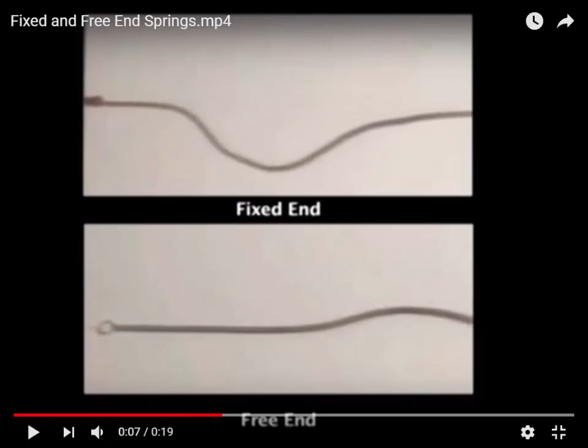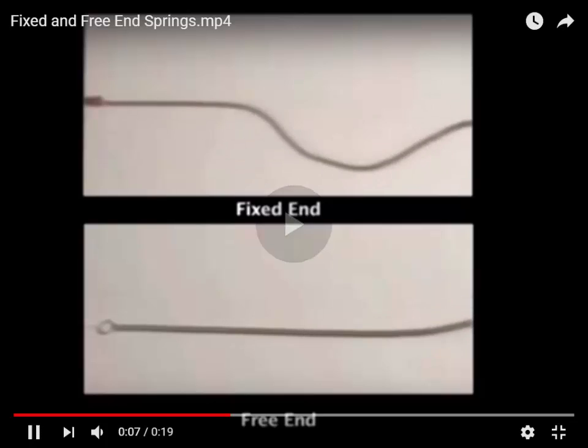Fixed end and the free end. So the fixed end is like the rope is fixed to the wall here, and you can think that it propagates from the soft to the hard material. Right? If you have a free end, this is just the air. So from hard material to the soft material. Right? So what happens in the fixed end? The wave gets inverted. Right? But here at the free end, it just goes with the same polarity. Right? So again, you can look at